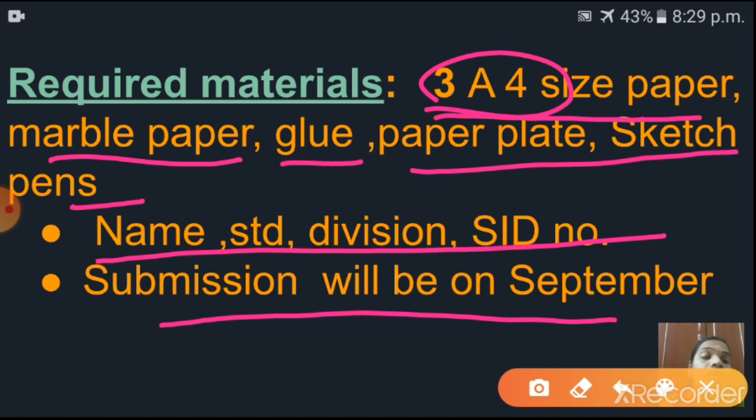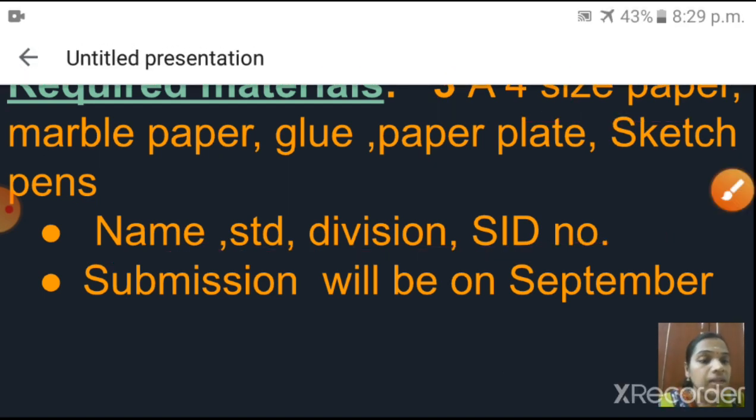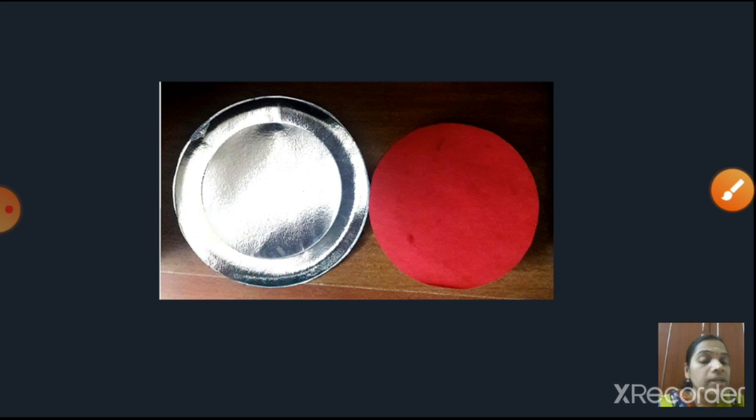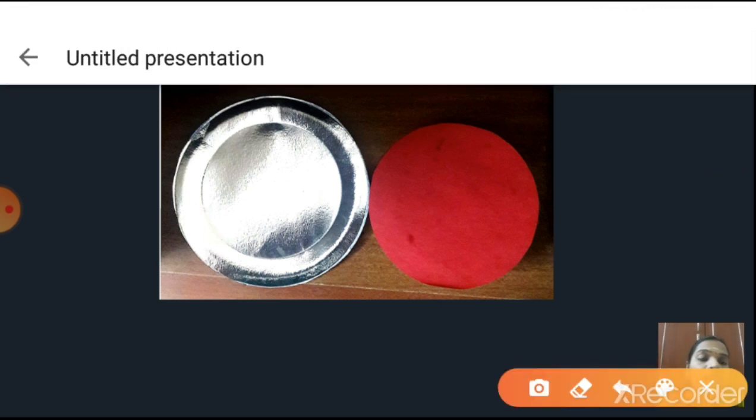Okay children, how do we make it? I will tell you about the fraction flower. First, take an A4 size paper and write your details. Below that, write the name of the activity, that means operations on fractions. Below that, write fraction flowers. And below that, write the definition of fraction. After the definition of fraction, you have to stick the fraction flower.